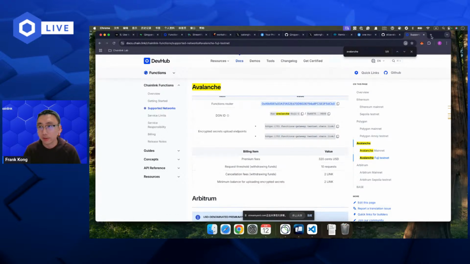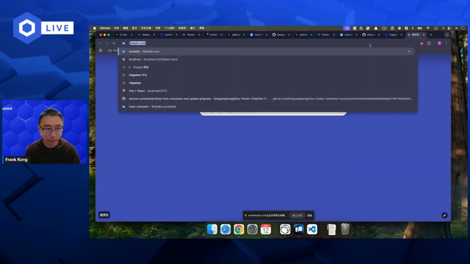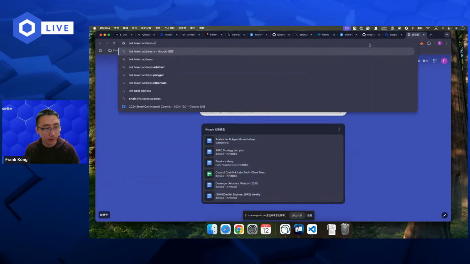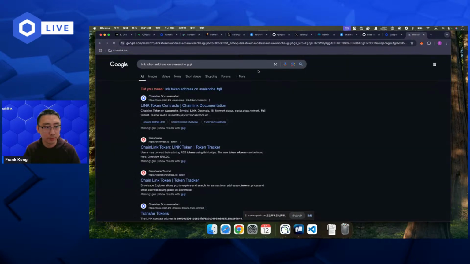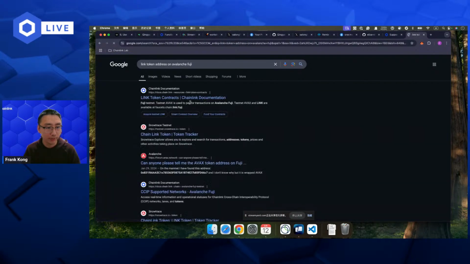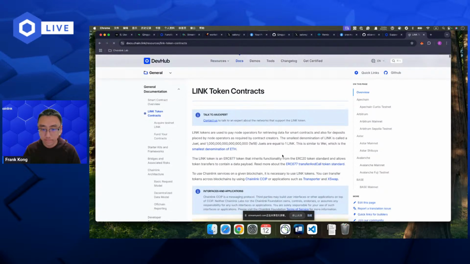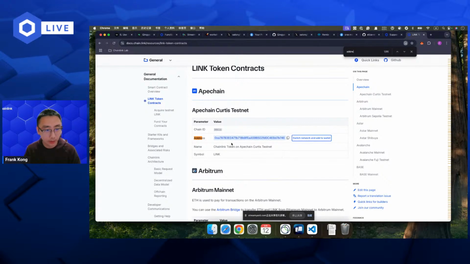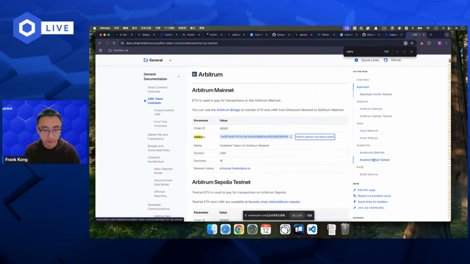LINK token address on the Avalanche Fuji. Let me Google that. LINK token address on Avalanche Fuji. Oh, Fuji, sorry. I'll go to this one. Address. Fuji.